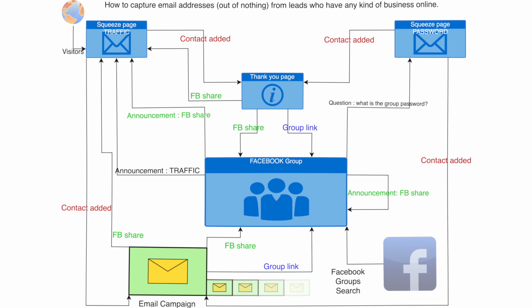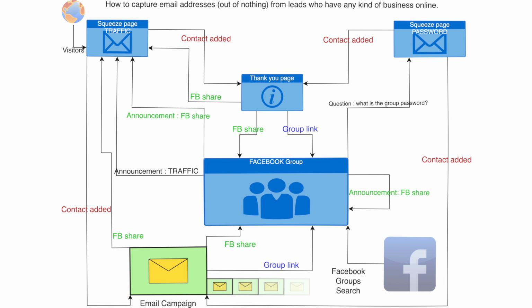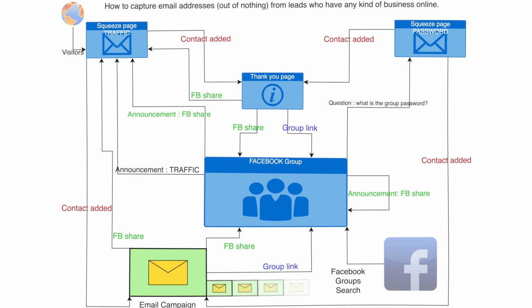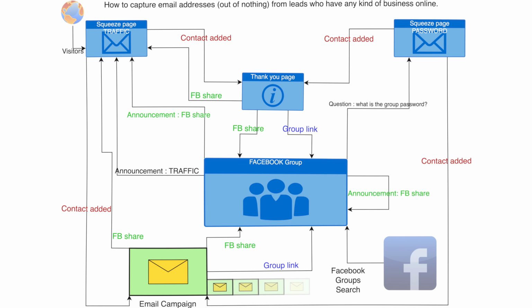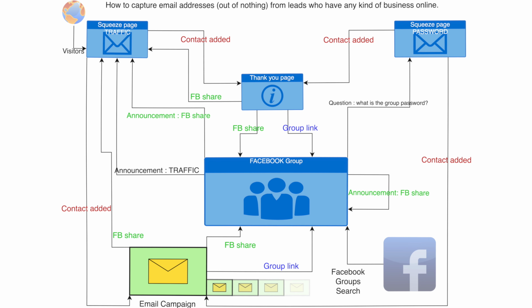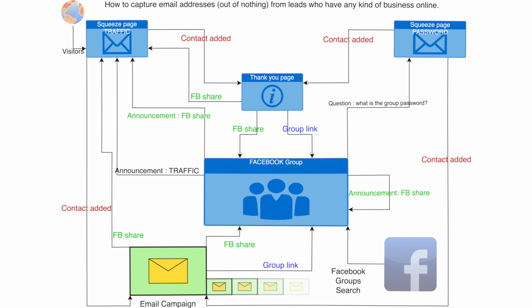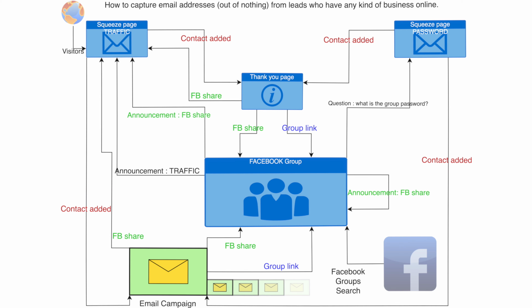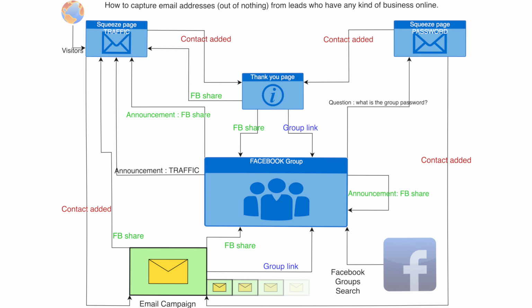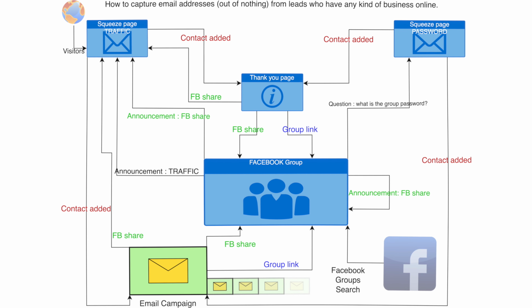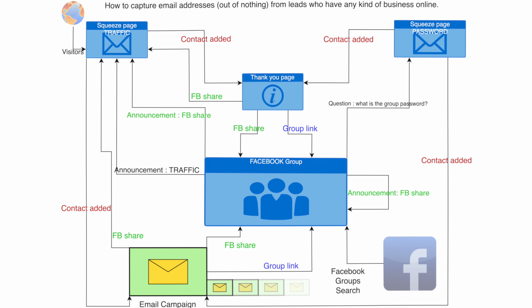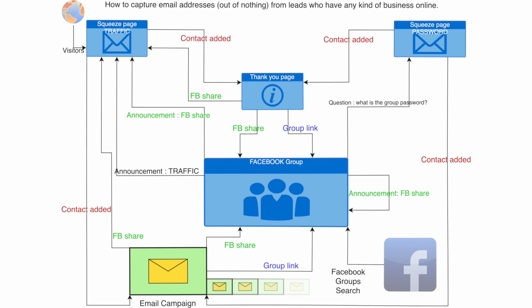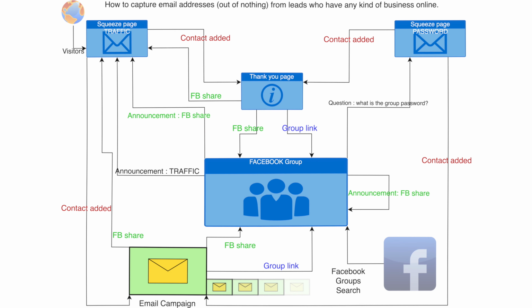Of course, why do that? Because it's important to get leads who have a business online. So you know that they need some things that you can then sell as affiliate or your own product: how to get more traffic from YouTube, how to sell more, copywriting, things like this. There are many things to sell to people who have a business online. So that's why you will do that.